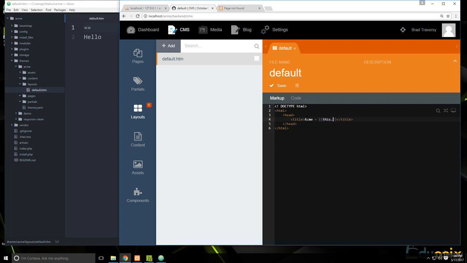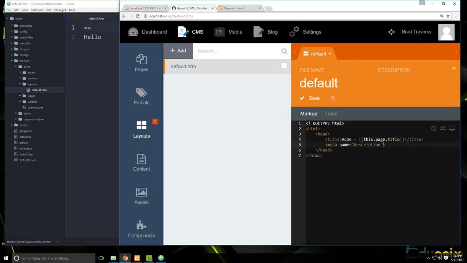So we can say this.page.title, and that'll put whatever the current page title is in our HTML title. We can also do descriptions and stuff like that. So let's say name equals description. I know that the text is really small here, guys. So name equals description, and let's do content equals, and then we can put the page meta description in here by saying this.page.meta_description. Actually, you know what? I'm going to just